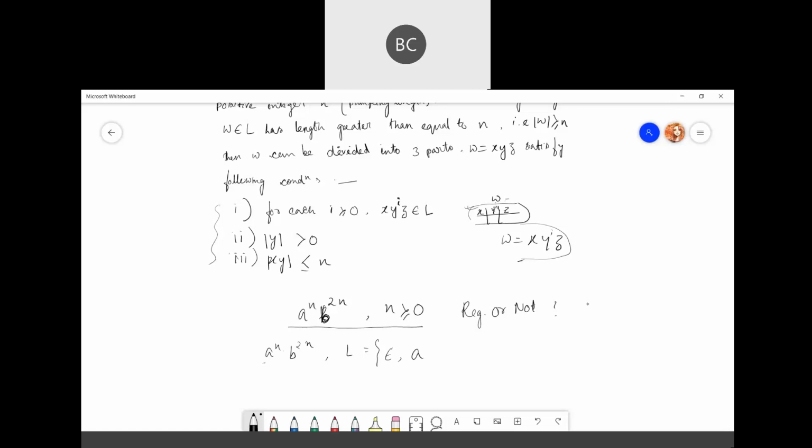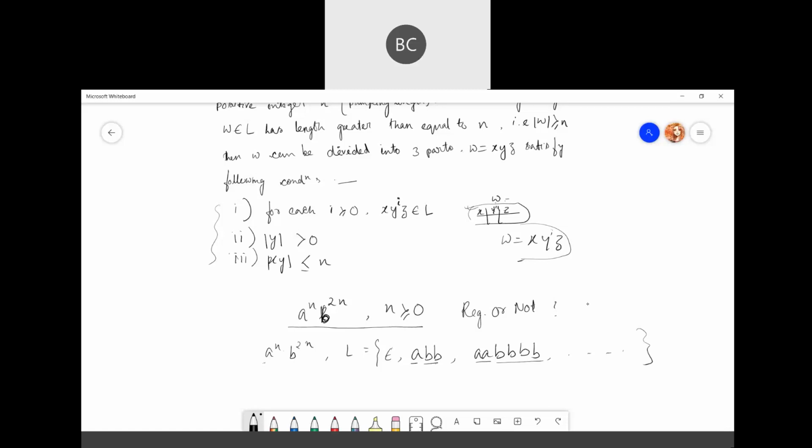Then there will be abb, aabbbb. If there is a single a, there will be two b's; if the number of a's is 2, then the number of b's will be 4, and so on.